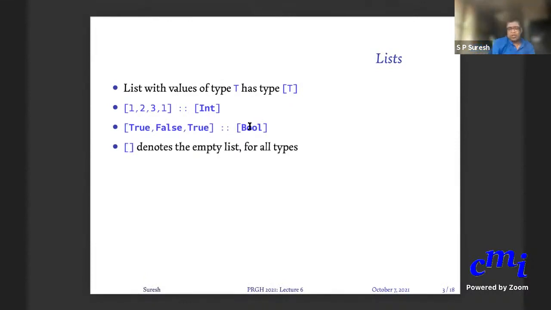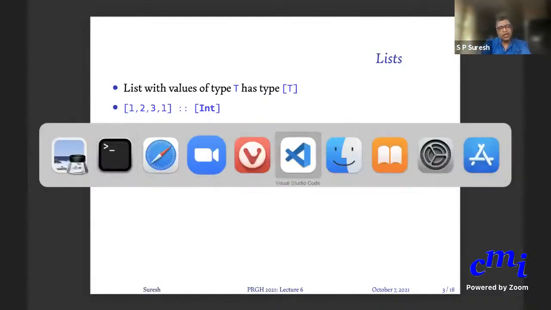Now there is one special list, which is the empty list. Just like all of you have seen empty sets. All of you have seen sets in school itself, right? An empty set corresponds to there being nothing at all. So this is the empty list, and you denote it by writing the left square bracket, right square bracket, and nothing in between. Now there is a question as to whether there can be a space in between. We can check it right now.